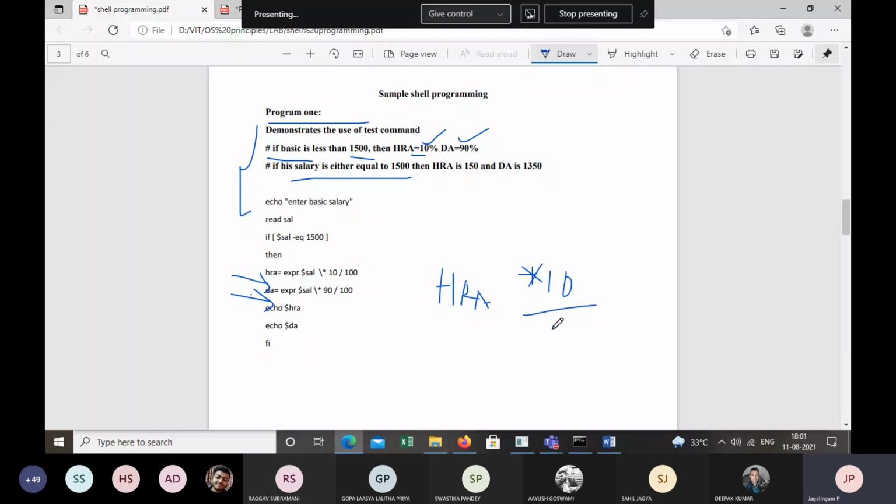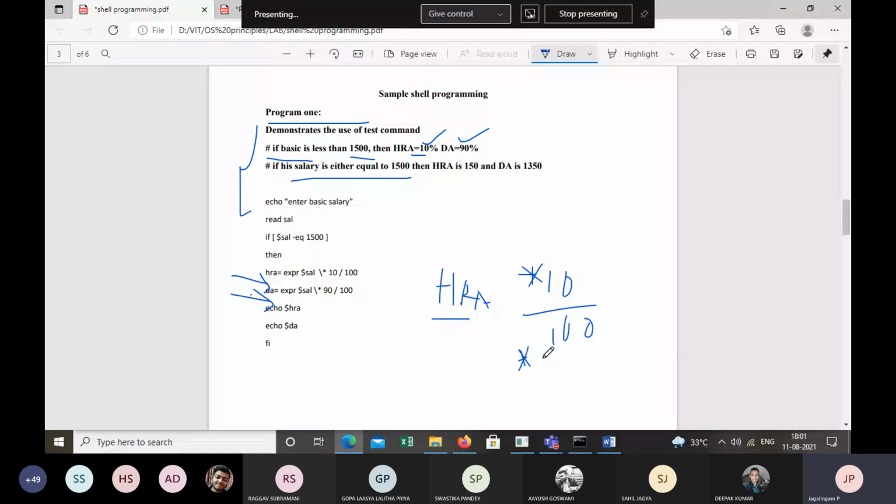DA is dearness allowance, and HRA is house rent allowance. For dearness allowance, the formula is your basic salary multiplied by 90 divided by 100, because your 90% is DA.